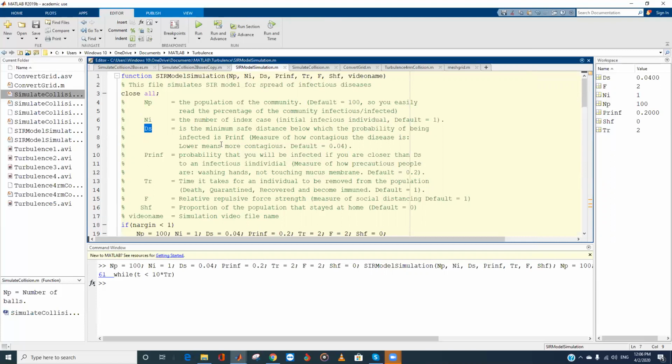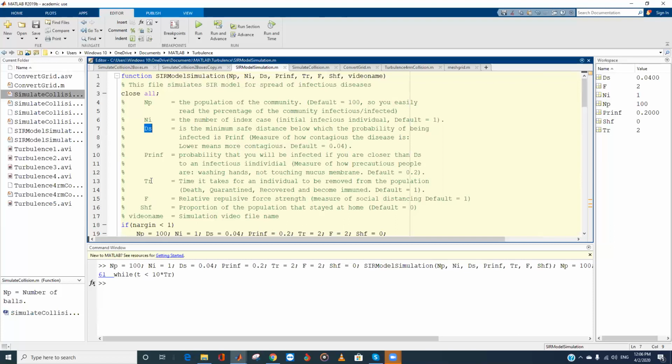Then we now look at TR, which is the time it takes the government to quarantine any individual, or how long it takes for the person to die if infected, or how long it takes for the person to recover. These three things are kind of the same. If the government is very responsive, so that as long as somebody gets infected the government removes that person, the infection cannot propagate, the disease cannot spread. So if the government removes people quickly or the person dies quickly, then that time will be low. If the government wastes time and is not responsive, then that time will be high.